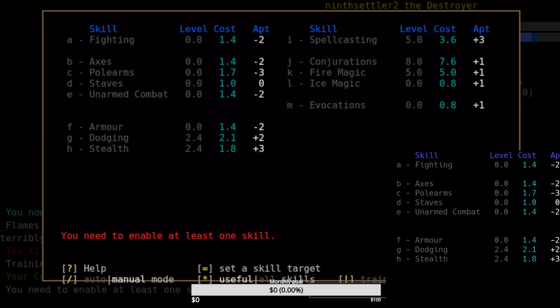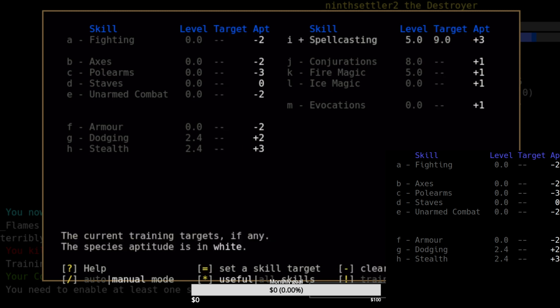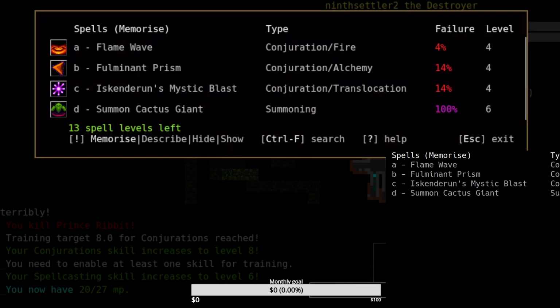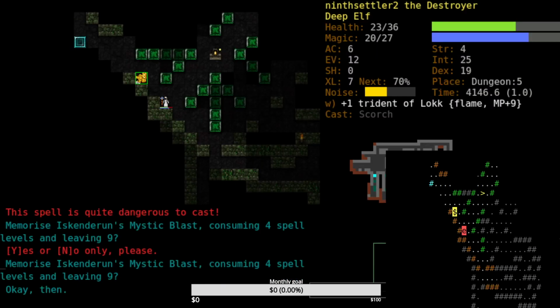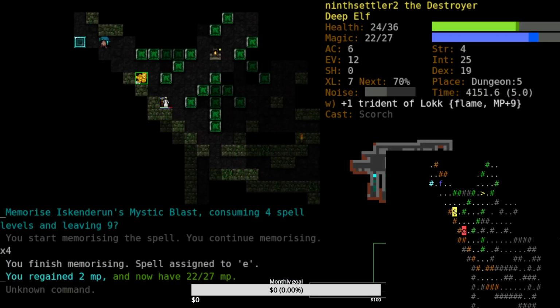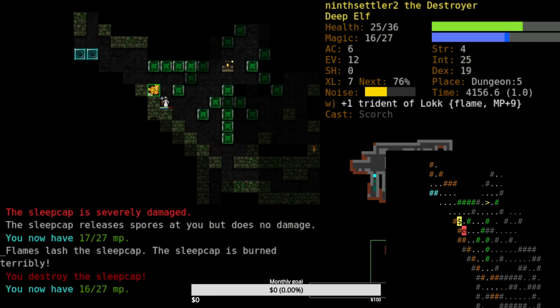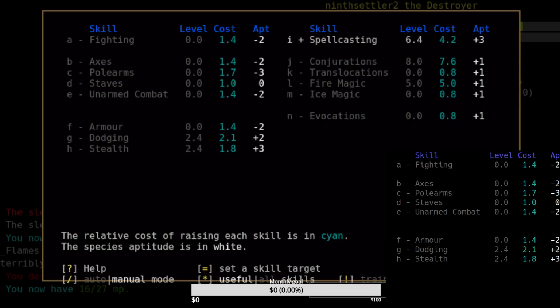Okay, we got 8 conjurations. Why do I have ice magic? Oh, because of the staff. Let's get more spellcasting. I got Cactus Giant, and Cactus Giant is a pretty good spell. Maybe I should learn it. I have Flame Wave, Prism, Mystic Blast. I am going to learn Mystic Blast. Of course, I'm gonna learn Mystic Blast. It is a really strong spell, and hopefully I can find